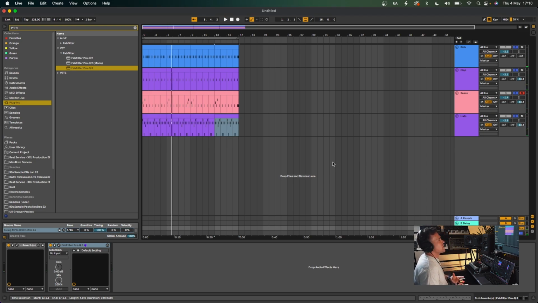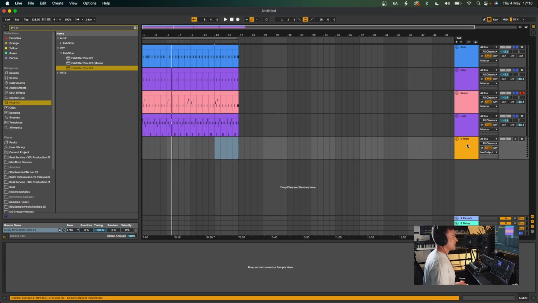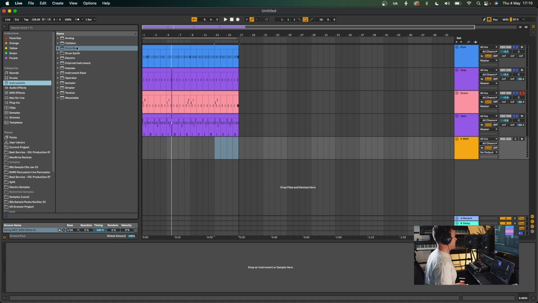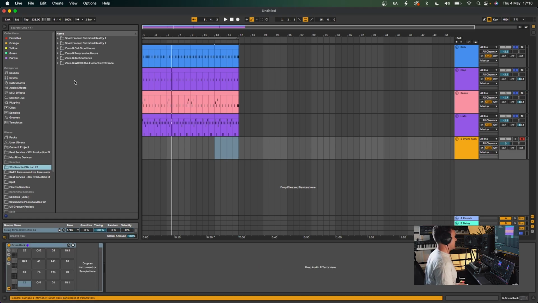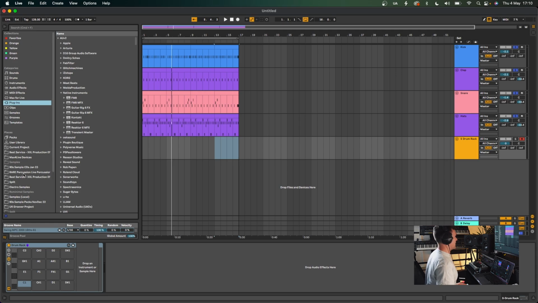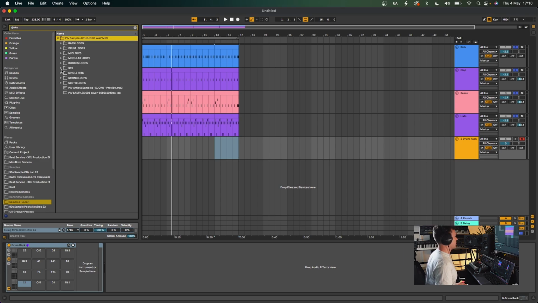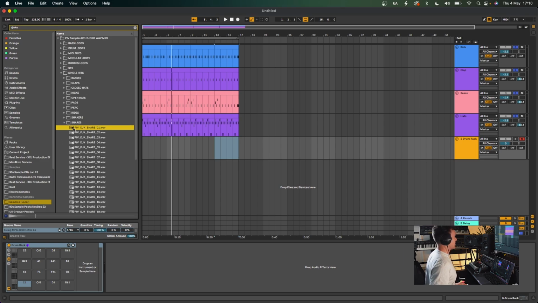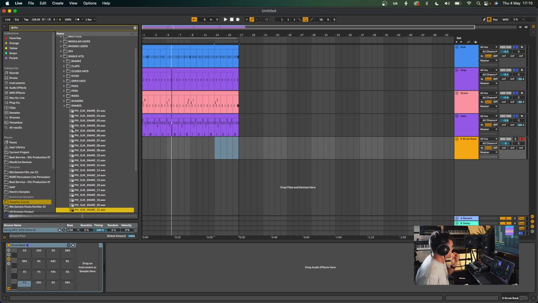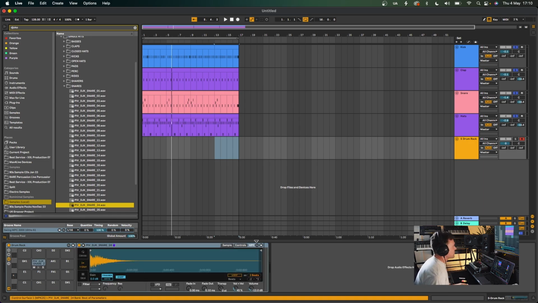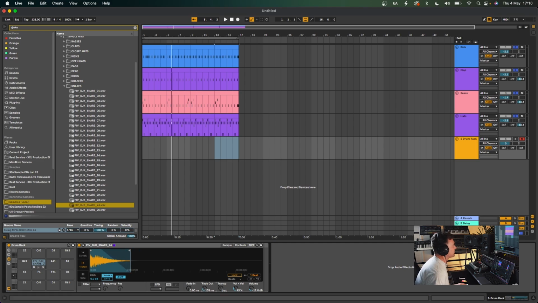So already we're starting to see progress in how these drums are fitted together, and I'm going to get a main snare roll in there as well. So let's go into a drum rack, and then I'm going to find a nice snare. Okay, I'm going to shorten the decay of that, have a bit of a fade out on it, and then